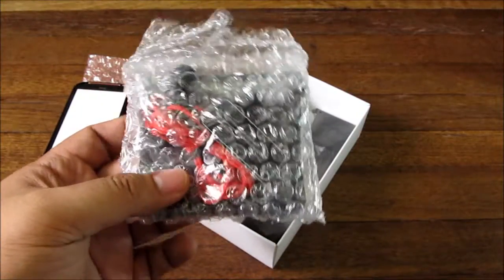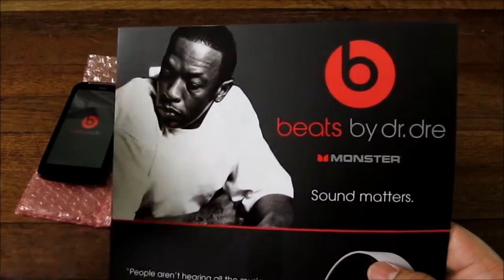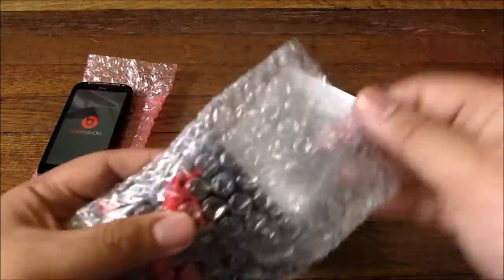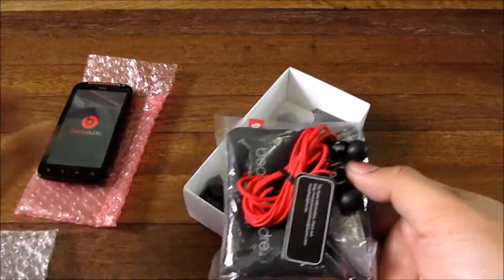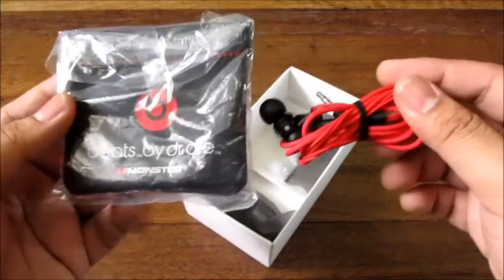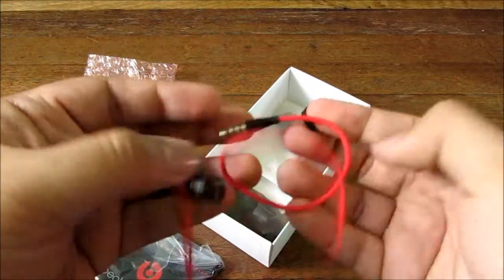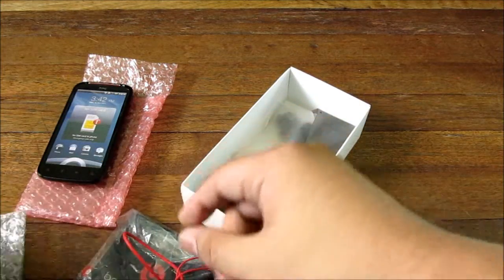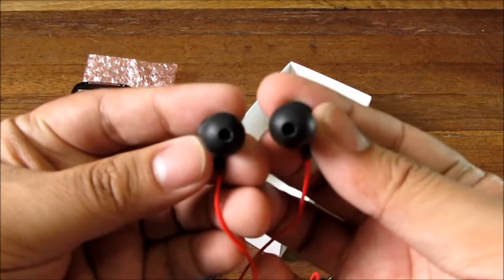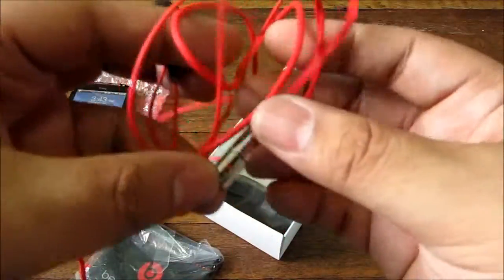So if you're not familiar with the Beats brand, Beats is the headphone brand by none other than Dr. Dre. He is a very popular music producer and rapper. So he has designed a bunch of headphones that conform to his hip-hop sensibilities or something, and these headphones are called Beats by Dr. Dre. The ones that come with the Sensation XE are called iBeats, I believe, or Your Beats. So these are special headsets that come with the phone and are specifically designed to work with the Sensation XE